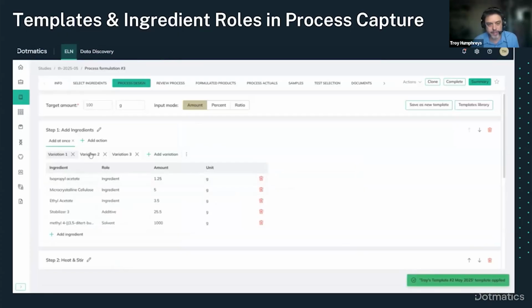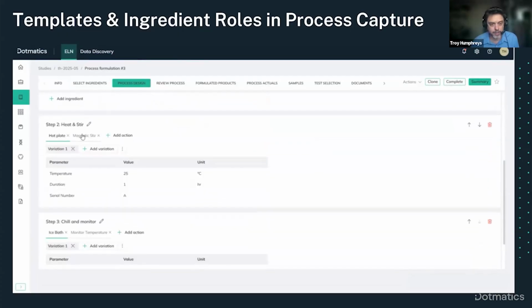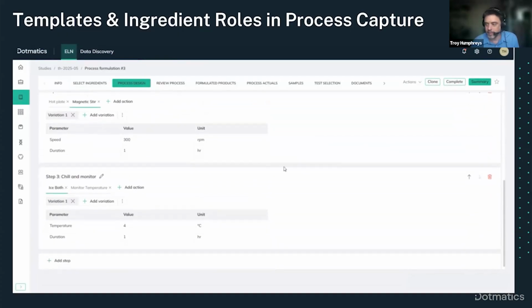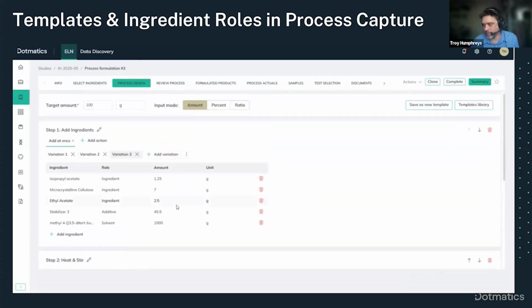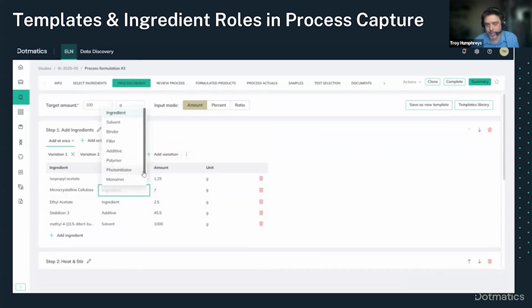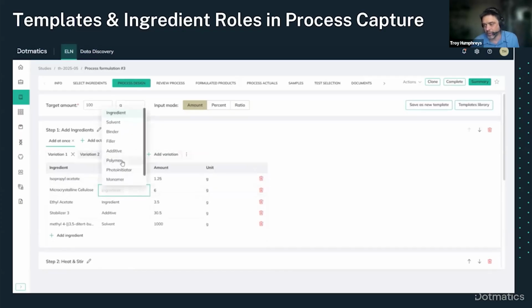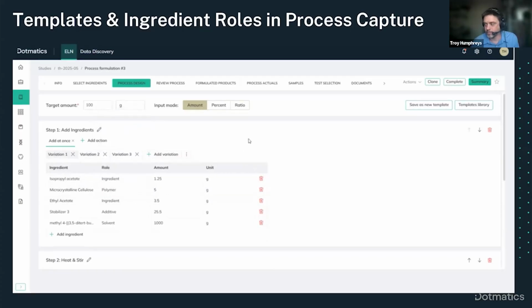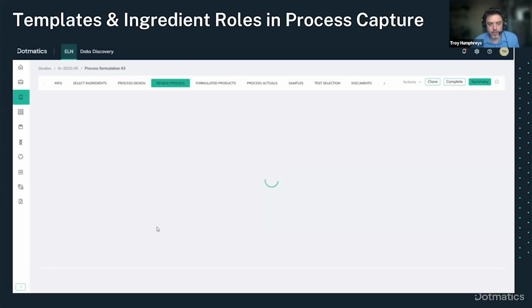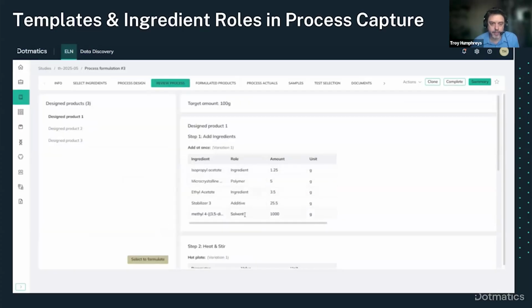And doing so, it's created all the steps, actions, ingredients, and variations. You can see 3 variations there in my process recipe. And I'm just scrolling through. All of the values have also been populated from my template. Here you see now the new roles column where I can now select from my available roles, from an admin-controlled dictionary of roles. I'm simply going to edit a particular role across my 3 variations here. And I can see those roles set in each of the next steps in my